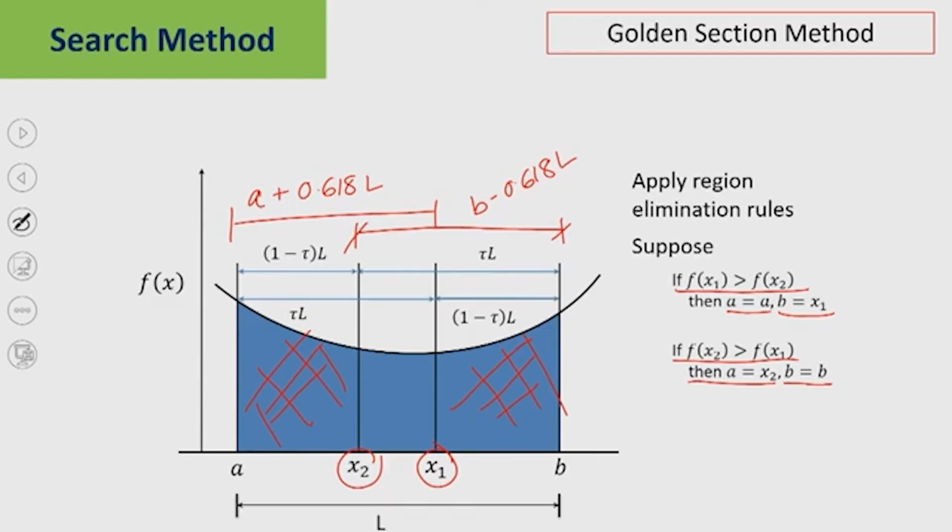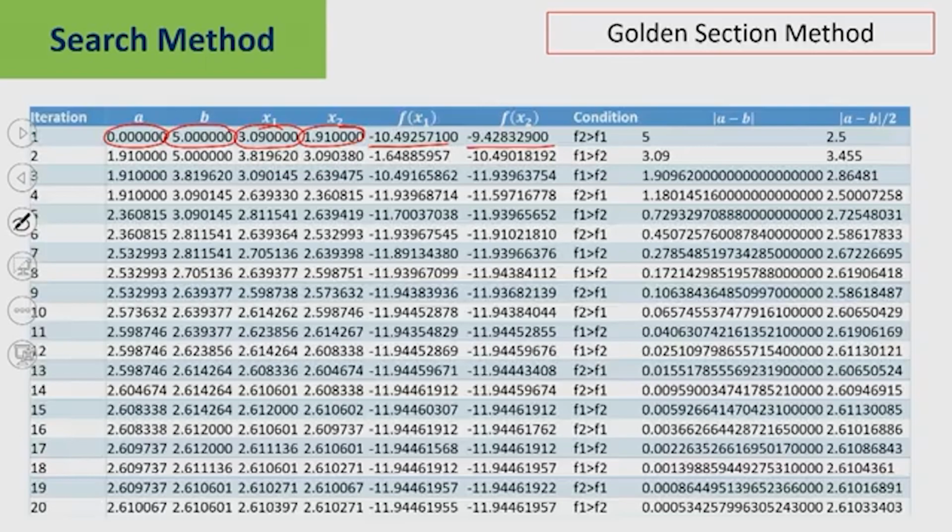You will change A equal to x2 and B equal to B. Okay. So, A will be equal to x2. So, this x2 is coming here, and B will not change. Then you calculate the new x1 and new x2, and you are calculating the function value, and